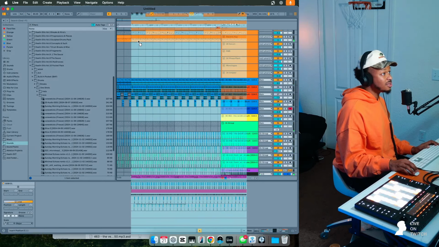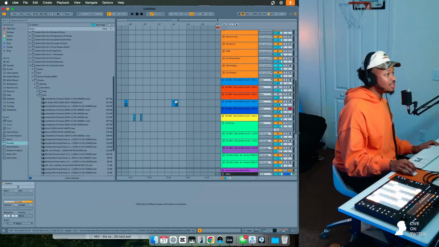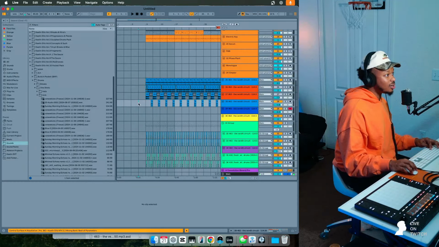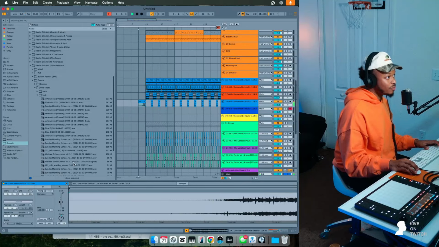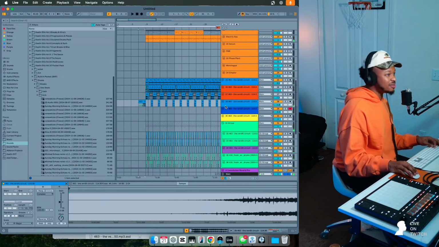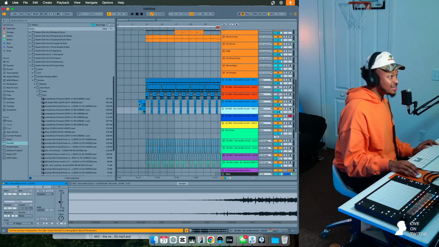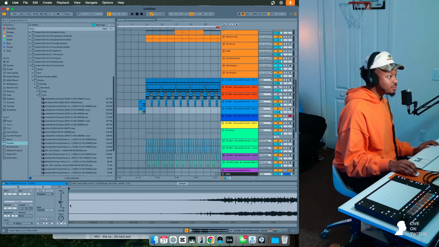Smooth this all over. Search high and low. She couldn't find nobody. Search high and low. That's what I'm talking about. Duplicate this. Drop it an octave down. Yeah, this is crazy.